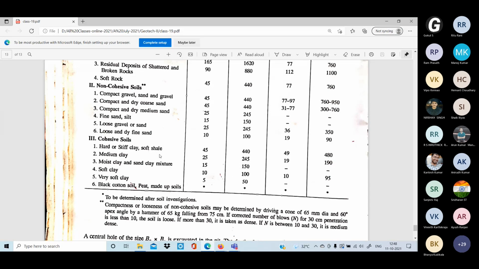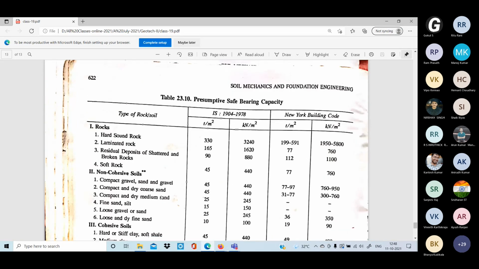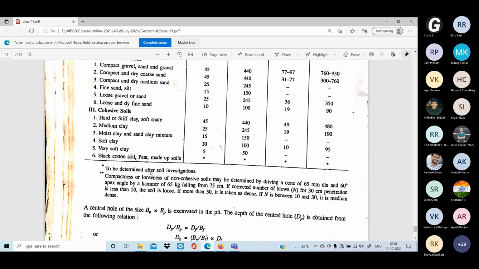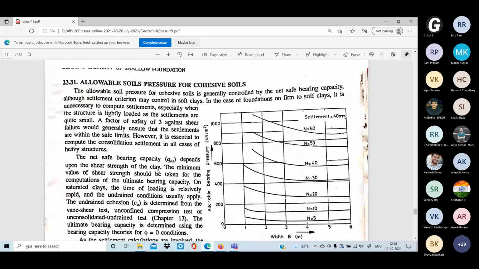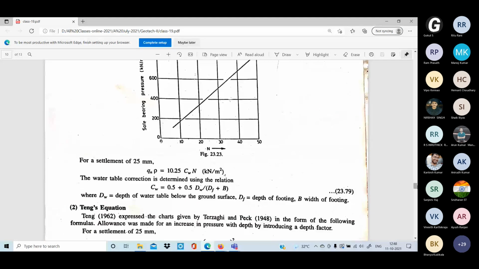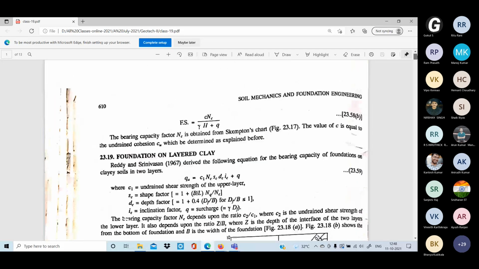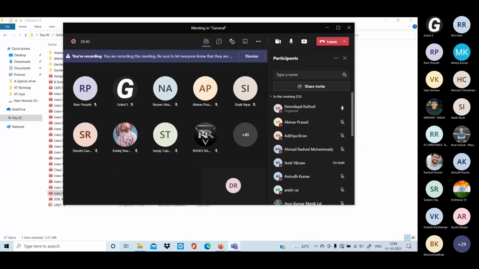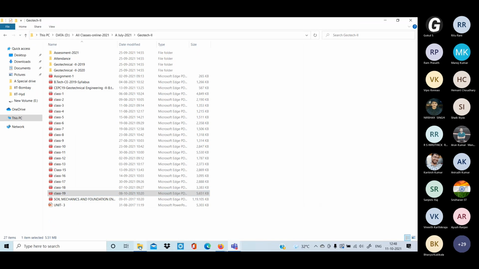After calculating your bearing capacity, either by Terzaghi's method or any other method, the safe bearing capacity, if you calculate it by providing the factor of safety and other things, and you get a value in this range, then we say that whatever analysis you have done is correct. So this table will give a general idea about your safe bearing capacity. Understand? So with that, we are done with this chapter, and I have gone through numericals also, some of the problems, on how we can find out this bearing capacity.